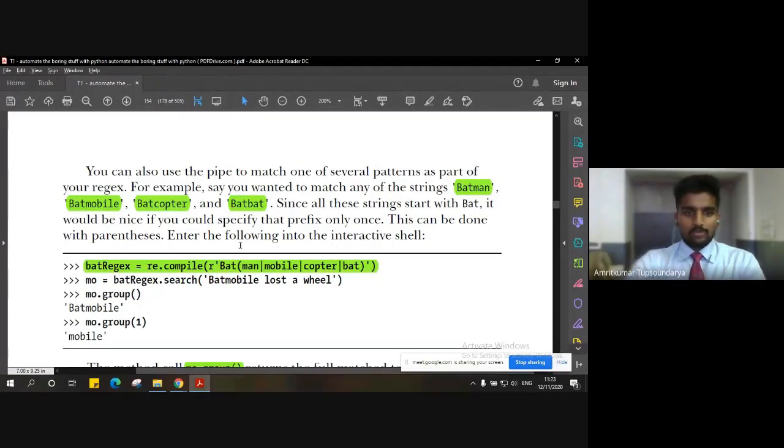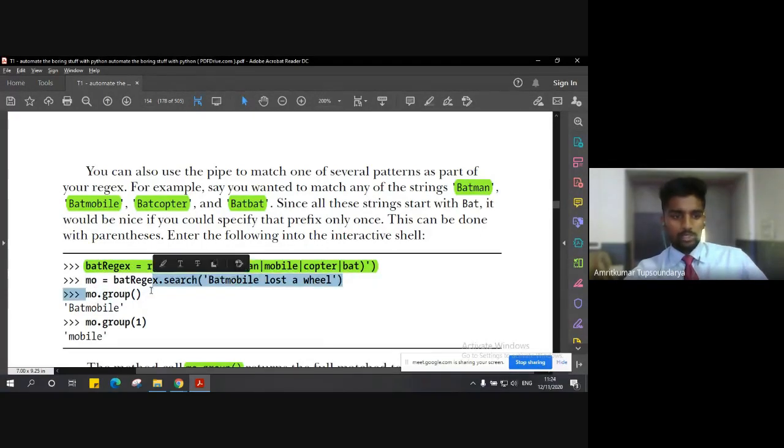That is, we have the regular expression with these possibilities, and we have a string which has a matching pattern, that is Batmobile. So the search method will return the match object of Batmobile to the variable mo. Now, when you print mo.group, you will get the output Batmobile.